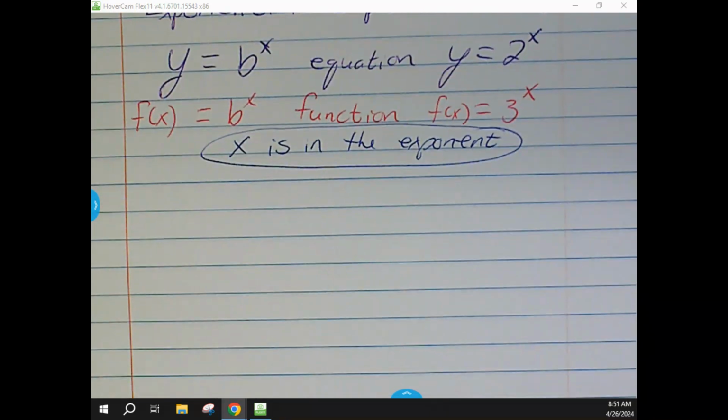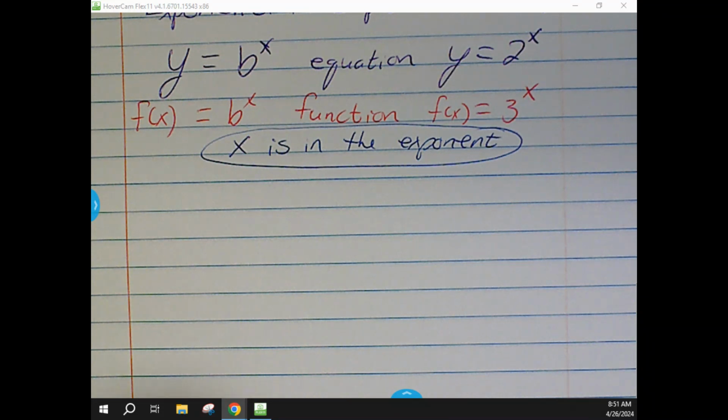Okay, so we're going to do one example and show you the basic shape of a graph that's an exponential function and talk about everything that's similar to it. I don't think you'll have to do this a lot, but there may be one or two questions in the homework. Test-wise, you will not have to do this first example, because after we've got the basics on it, we're going to move on,